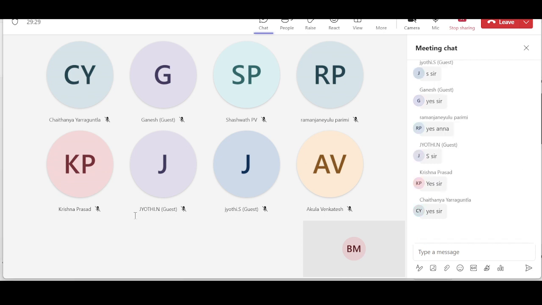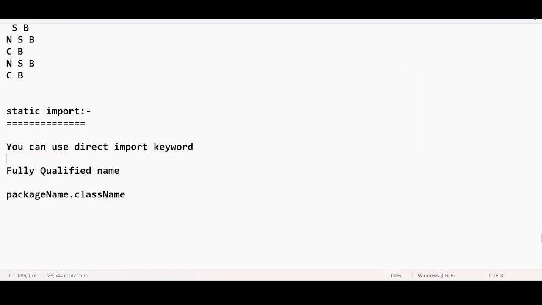Yeah, good. Now the actual topic is what? The static import. So what is a static import? The discussion so far has been about the import statement. I have just revised the topic for better clarity. So the explanation is,